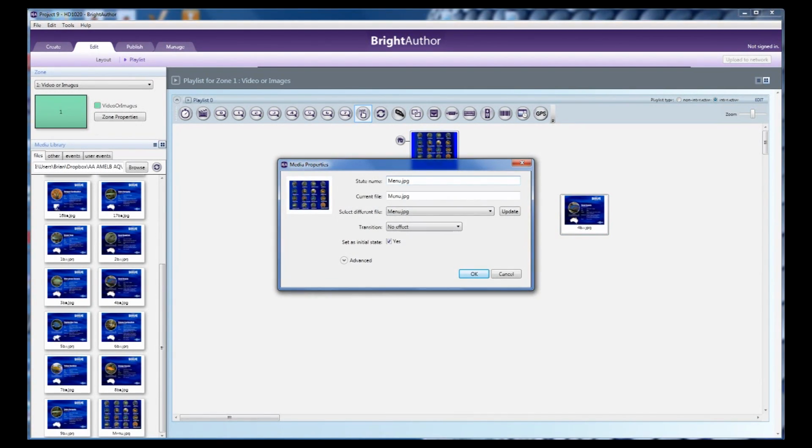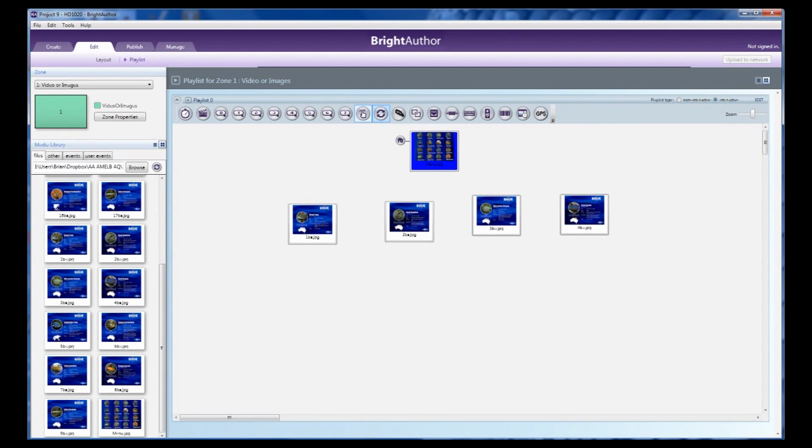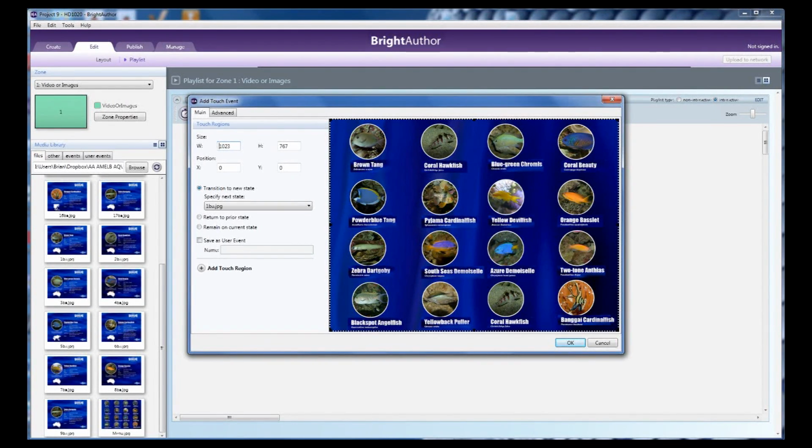Now again, this is just a standard JPEG. We use our touchscreen button and we drag from here to there. Now, the standard JPEG has 16 buttons on it. So we want to create 16 buttons. That is button number 1, and it calls up the first JPEG. Make button number 2, and it calls up the second JPEG. Button number 3 calls up the third JPEG, and button number 4 will call up the